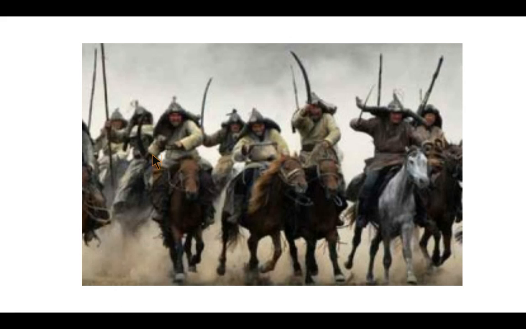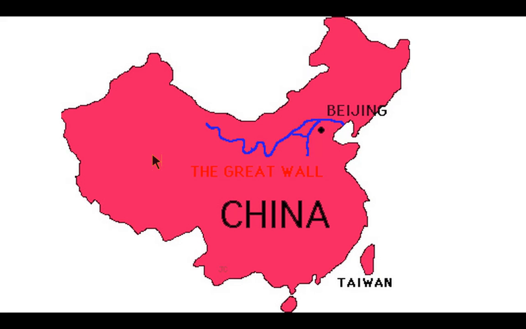Mongol raids into China caused a great deal of destruction during the Age of Warring States. In 214 BC, when Shi Huangdi unified China and began the Qin dynasty, he decided to end the Mongol threat by constructing one of the largest public works projects in history. Here's the Great Wall, this blue line. As you can see, the Mongol territory to the north is supposed to be blocked off from the rest of China.